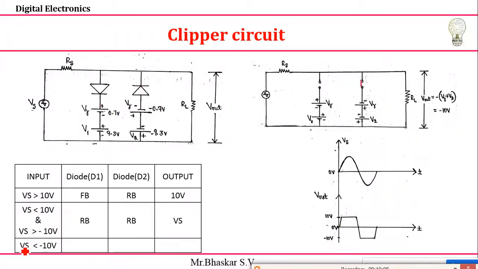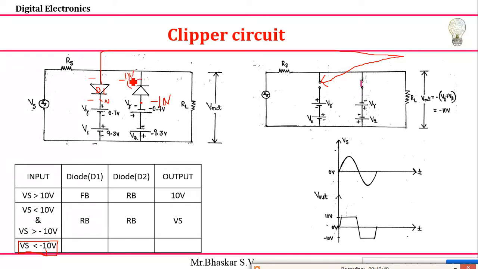So third case, Vs is less than minus 10 volts. Now see, minus less value, definitely if less, this is a negative value, and the other side is a positive value, already maintained at 10 volts. So definitely my D1 is not forward biased, it acts as reverse bias. So reverse bias means I'll get the open circuit. Next, carefully observe that here you will maintain minus 10 volts at the anode potential, and the cathode, I'm telling the condition, is less than minus 10, meaning I can take it as minus 11 volts.